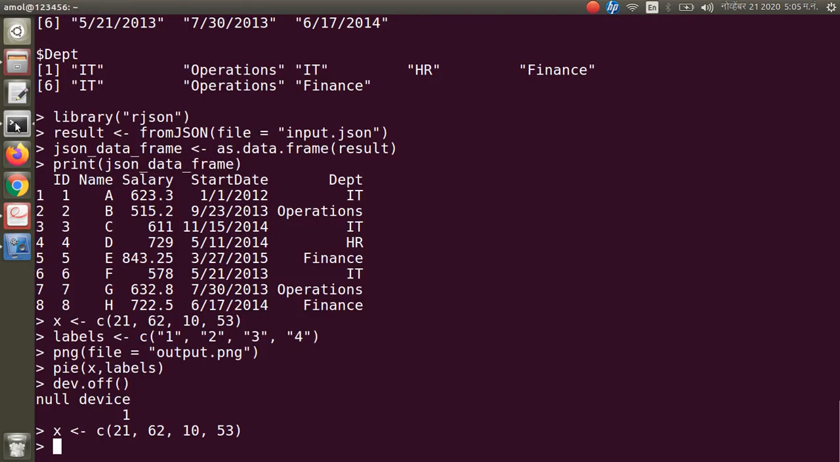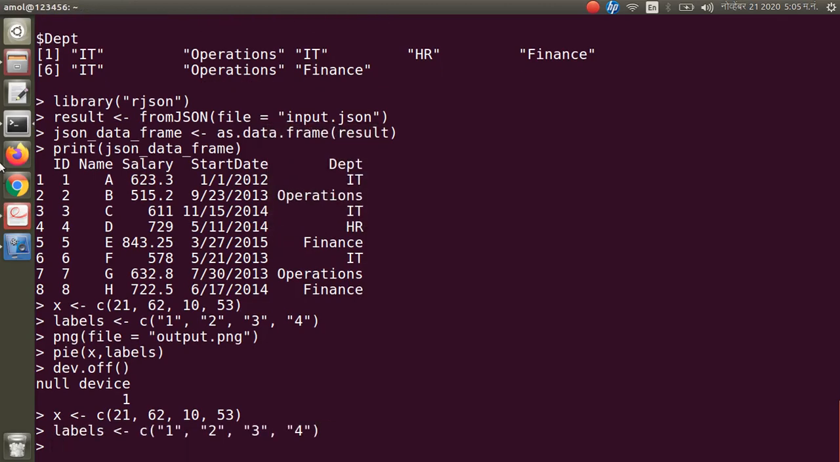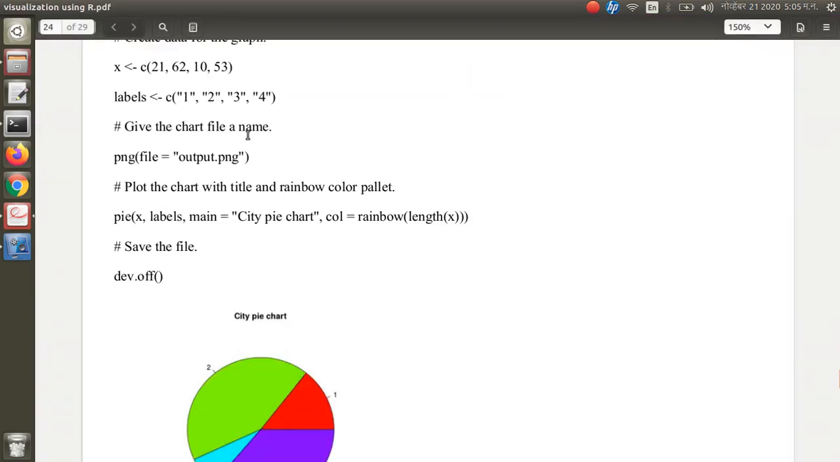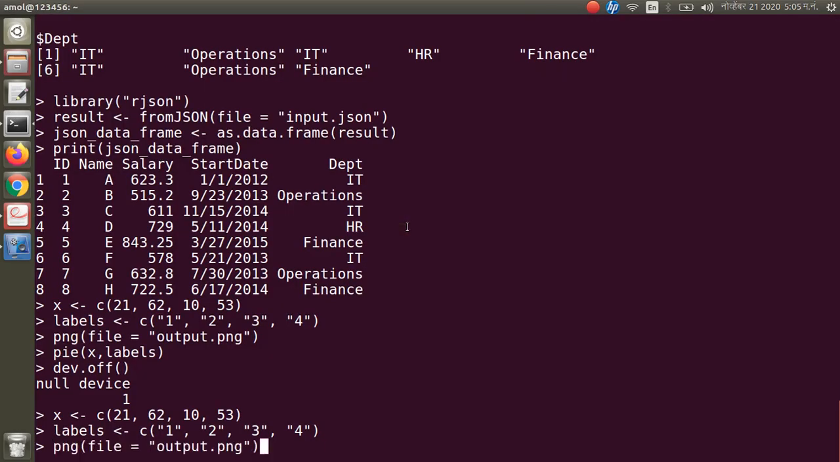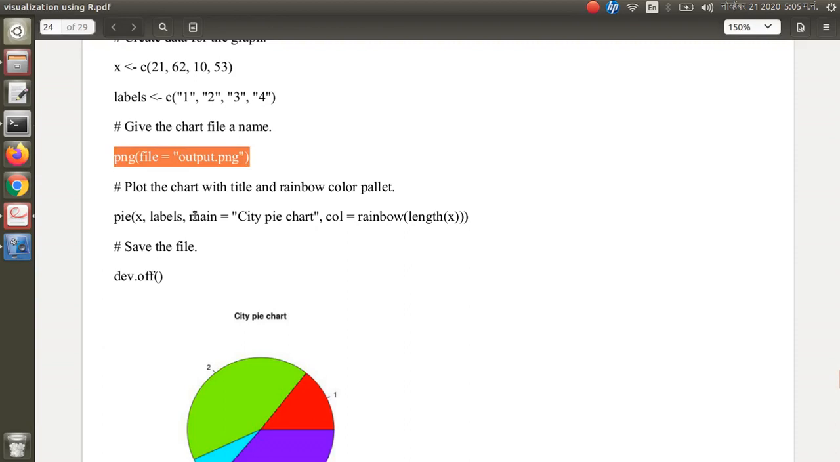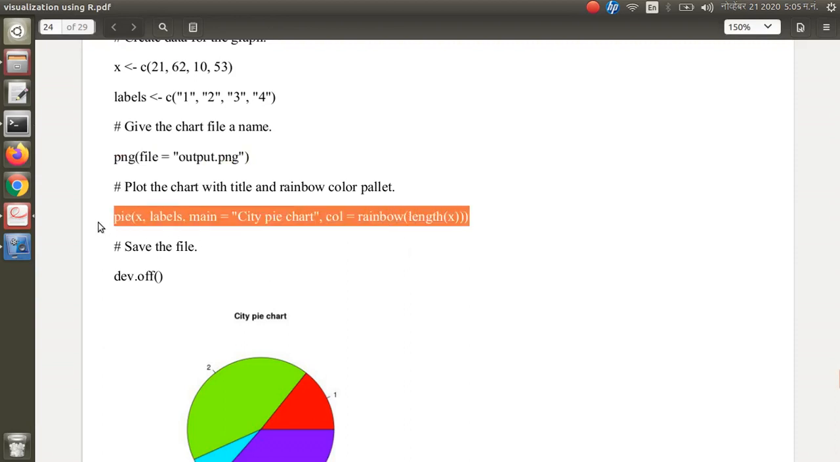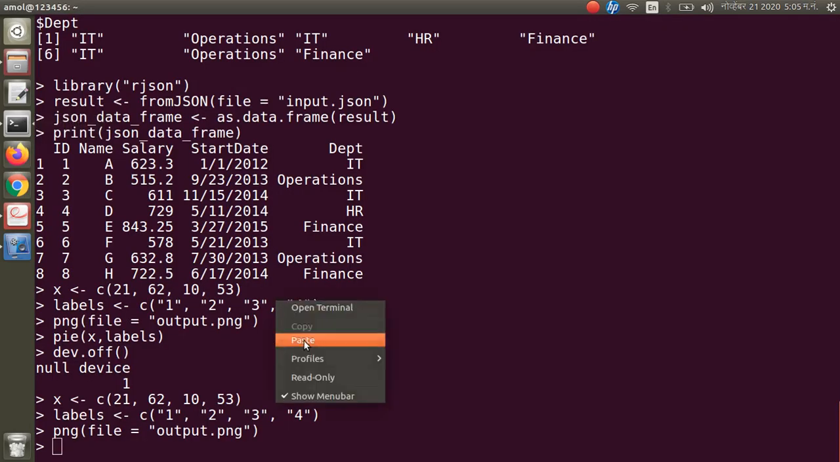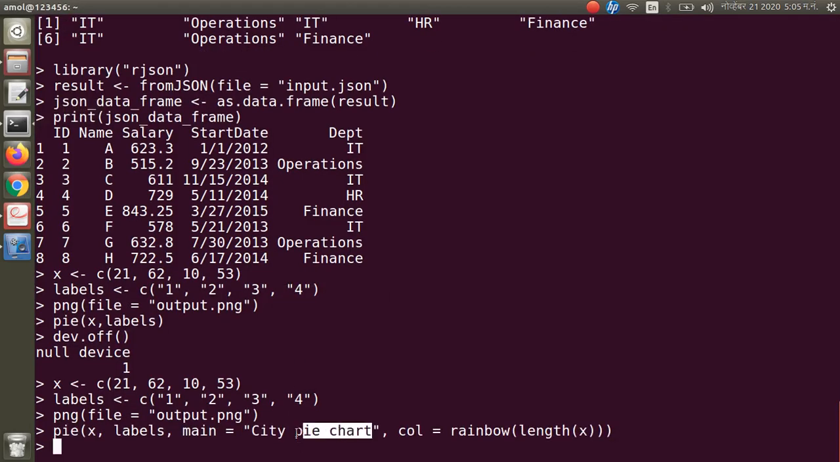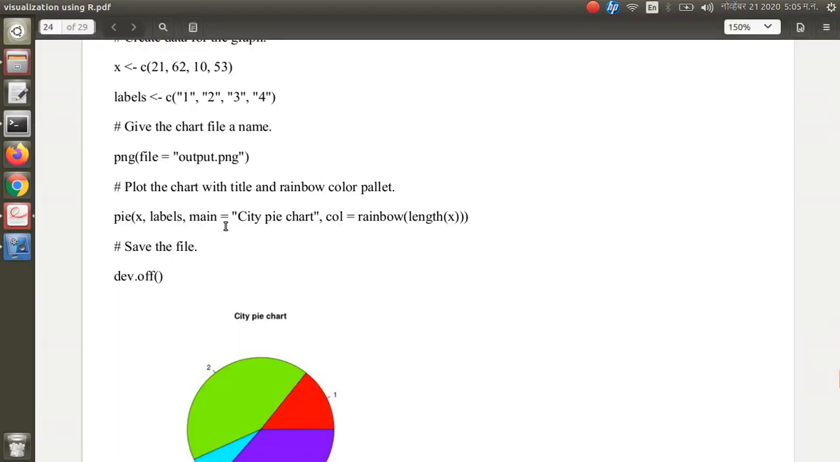Let us take an example. So X is a data frame where a vector is being passed with these 4 values. Let us pass this X with these 4 values. We will give these labels for this particular vector, and we are going to give the output file name as output.png. So this file is created. So we are going to provide the parameters which we have seen earlier,